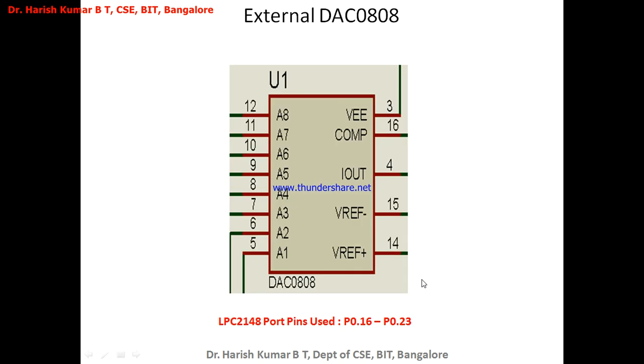This you know. So now how the external DAC 0808 looks, it looks like this. See, it has 8 pins here, A1, A2, A3, A4, A5, A6, A7, A8. So because it is an 8-bit DAC, you can give 8-bit digital data to this. Now what it will do, it will give the analog data via pin 4, I out. So this pin 4 gives the analog output, and the rest are for giving the voltage supply, plus V reference, minus V reference, then the compensation pin, and then the VEE pin, to which you apply